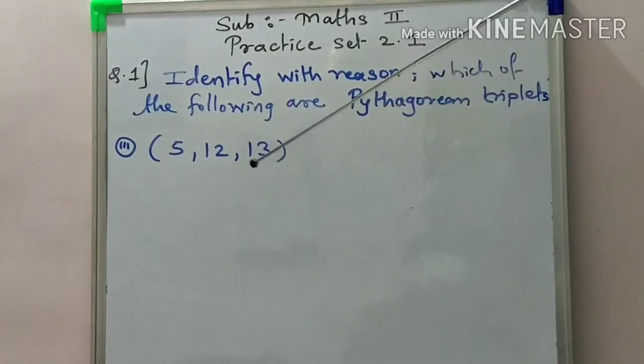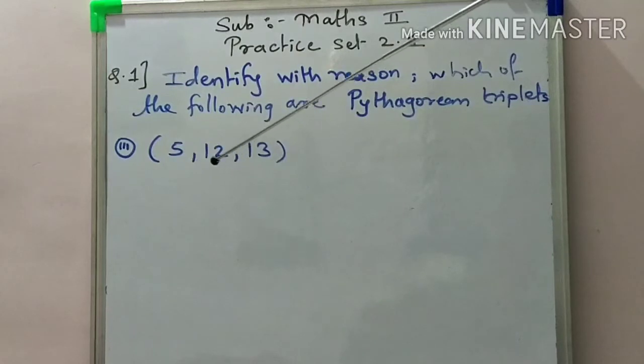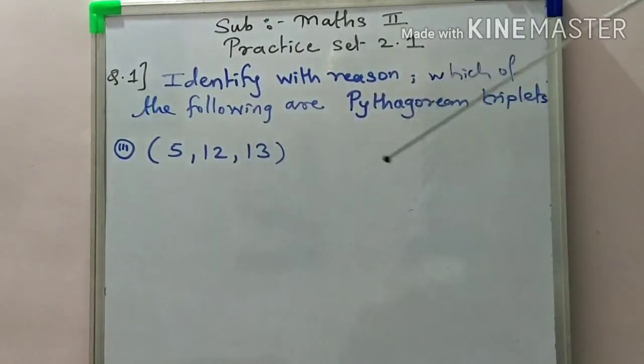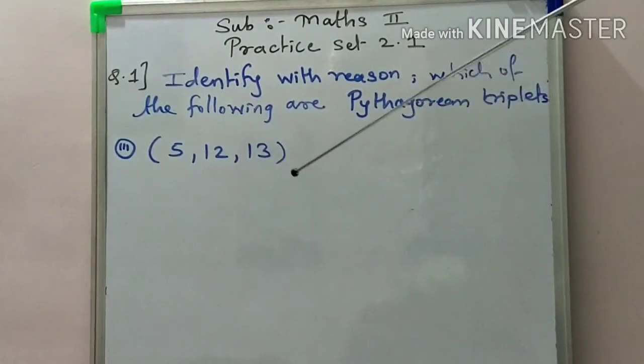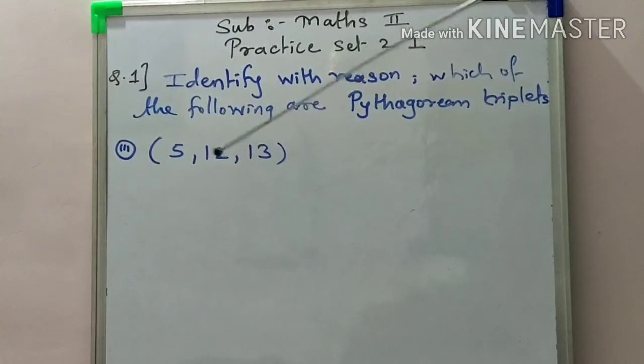But how do we identify or decide which side is the hypotenuse? In a right angle triangle, as we very well know, the property is that the hypotenuse is the largest or longest side, and here 13 is the largest one. Okay, then the other two. So what do we do here, students? Pay attention over here.